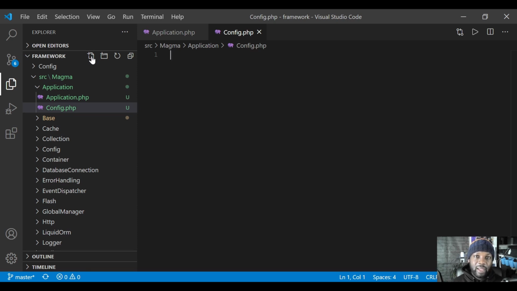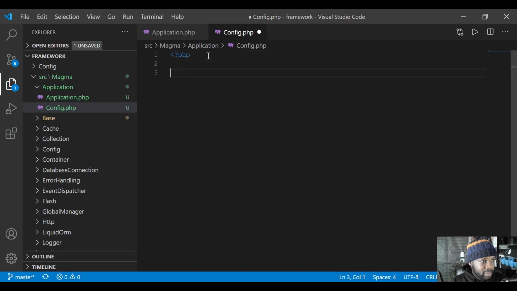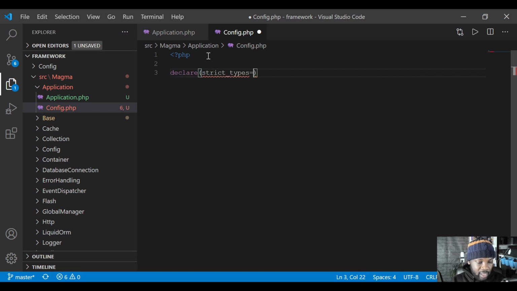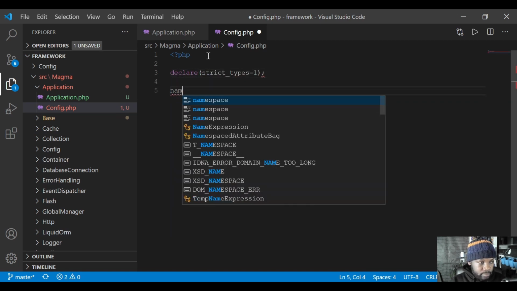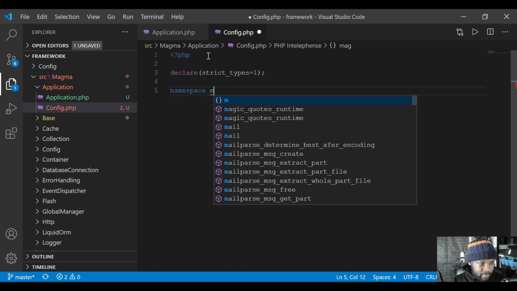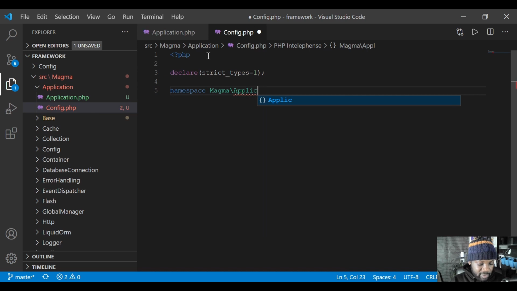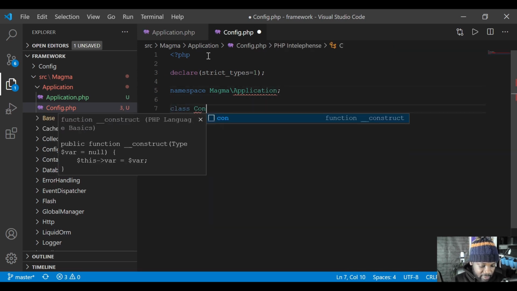So we're going to keep populating them with information that we can then use to do whatever we need to do. The first class I'm going to work in is this config file, and this is our core config file. So it's going to be <?php, declare(strict_types=1), namespace Magma\Application, because that's the directory that we're currently working in. The class Config,